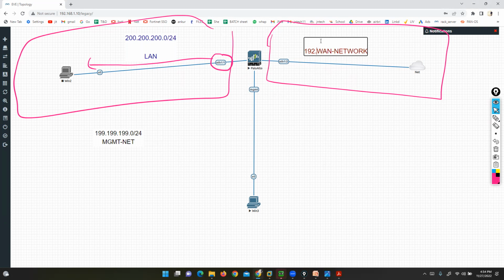On the public network side, I'm using 192.168.0.0 1.0/24. So I will configure the IP address on Ethernet 1/1 statically, and on Ethernet 1/2, I can configure